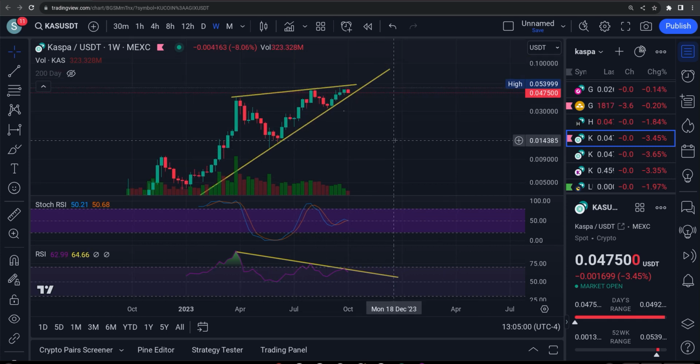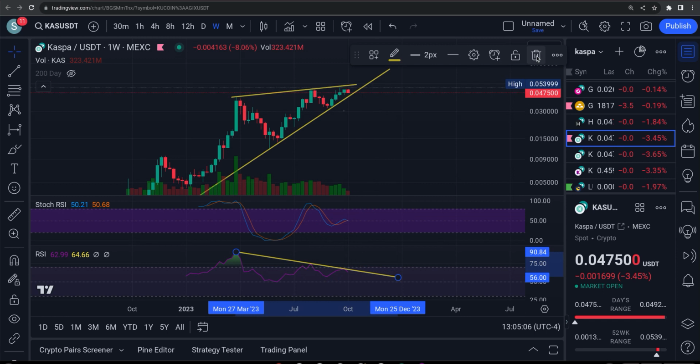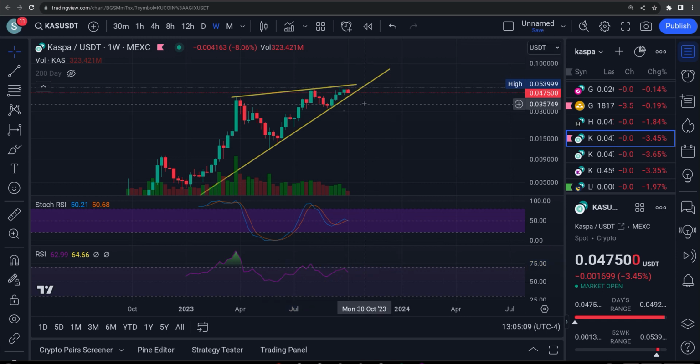It's kind of pinching into a wedge here. I don't like these rising type wedges. They tend to be bearish. But let's look at some RSIs on this thing. First off, let me take you over here real quick, guys. I wanted to show you